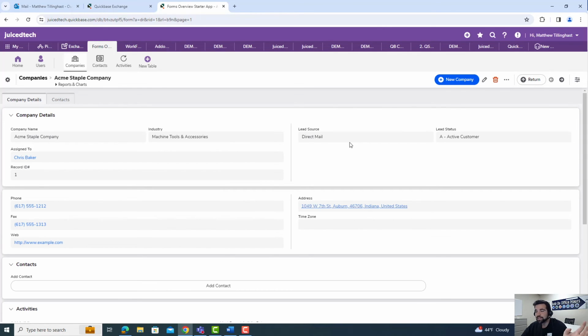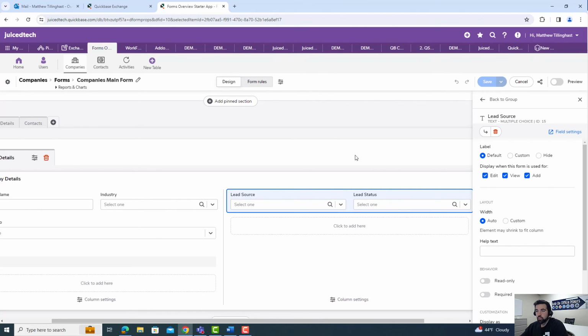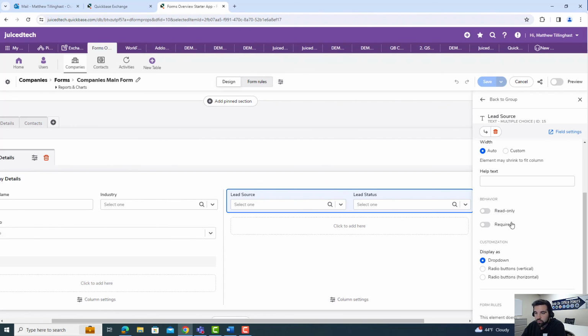If you go back to the company details, the last thing that I'm going to show you, something that not many people know, is the ability to right-click on individual field elements. Now, when you right-click, you'll see that there's the form element settings or the field settings. Within the form element settings, you'll be able to change the specific form you're on, just like we did before. So that will just open up that easy widget form builder bar on the right, where you can customize the label options, display based off of the action that your end user is doing. So edit, view, or add, or make this read-only / required if you want to ensure that people are filling